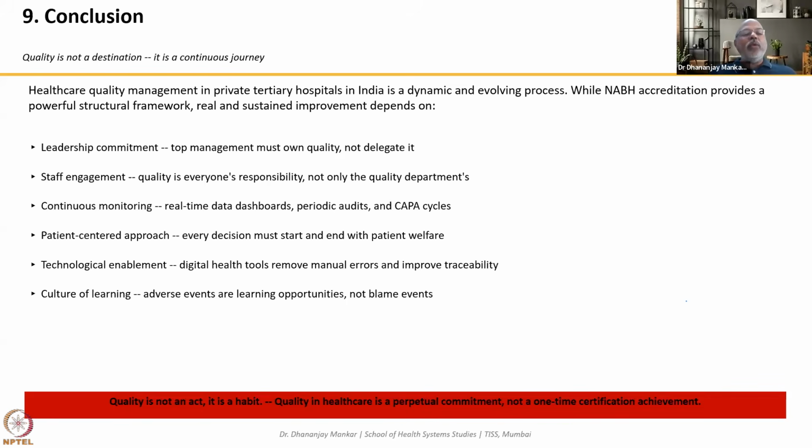The last is a patient-centric approach, which may sound promising, or sometimes you may say it's a very ambitious approach, but yes, it is very important. Indian hospitals need to adopt a patient-centric approach, because ultimately hospitals are run only because of patients. It is not that the hospital wants to earn; the hospital needs to work more on patient welfare. Every decision of the hospital must start and end with the patient. You need to see your patients as the top priority. So quality is equal to a patient-centric approach.